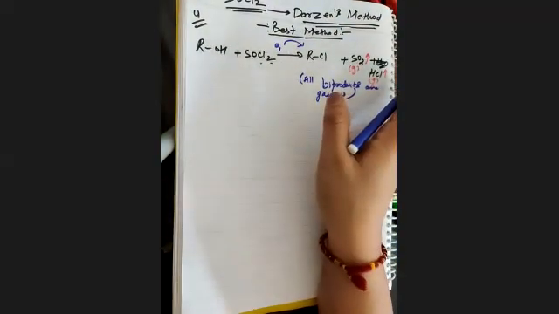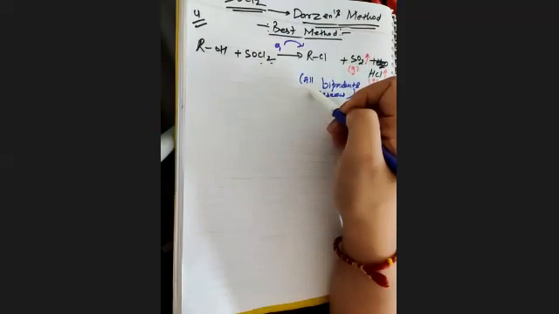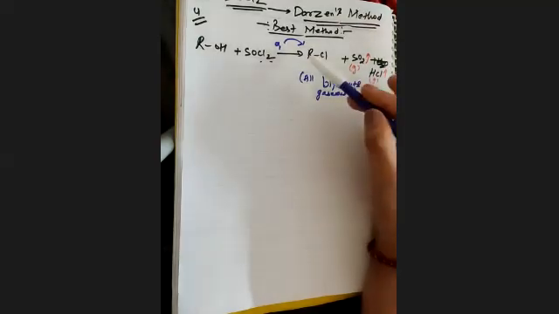But for example, sometimes if I perform this experiment and equilibrium is established where the product and reactant concentrations become equal, and you want to break that equilibrium and move your reaction in the forward direction, at that time what you will do is remove these gaseous byproducts, because it is quite easy to remove gases from a chamber. You just open the knob from the upper side, your gases will come out of the system and the equilibrium will shift, your reaction will proceed in the forward direction. That is why this is considered to be the best method.